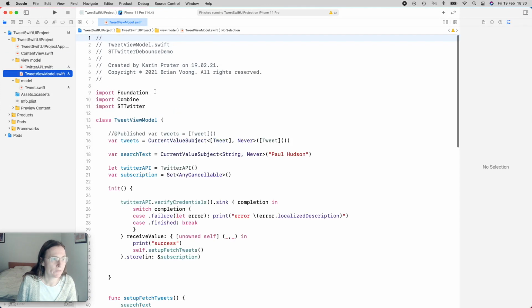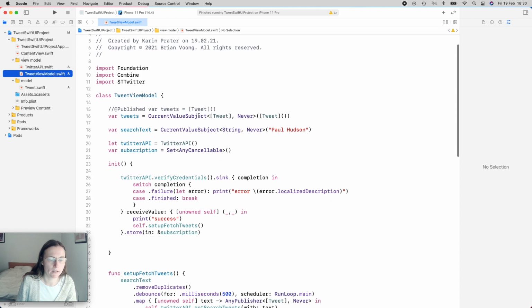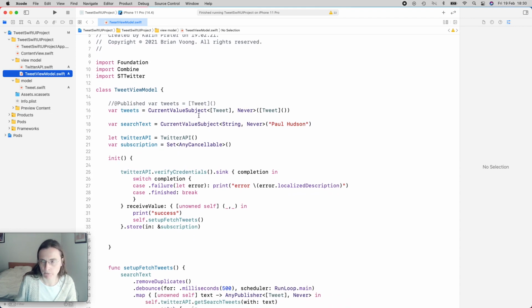So we don't need to change anything in our Twitter API because this is very much related to Combine and the backend. It's not UIKit and SwiftUI, which are more related to views. But